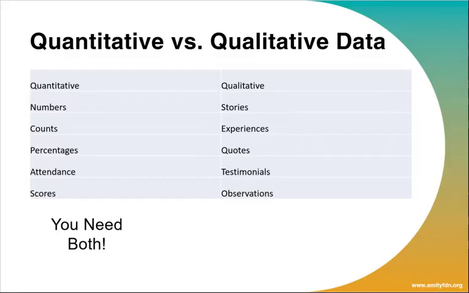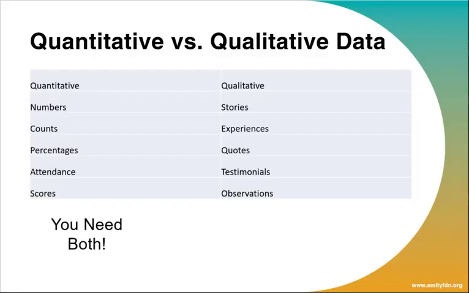Quantitative data is the numbers. It gives us things we can count and measure, like attendance, percentages, completion rates, or survey scores. Qualitative data gives you the story behind the numbers. It helps understand people's experiences through things like quotes, testimonies, interviews, and observations. Think about it this way: